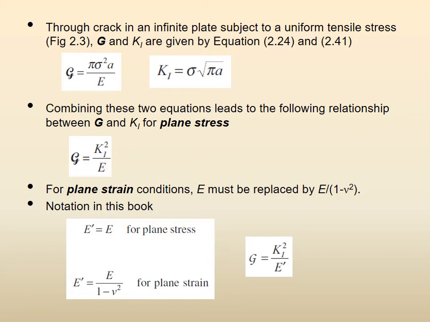This is remarkable, right? Of course, in fracture toughness testing, for K1C, plane strain conditions are satisfied, but in the derivation of the equations for G and K1, a plane stress approach is applied. So if plane stress is satisfied, then we know that G is equal to K1 squared by E. Now this is an interesting relationship, a very simple one. If you know K1, you can find G. If you know G, you can find K1. What is the huge significance?